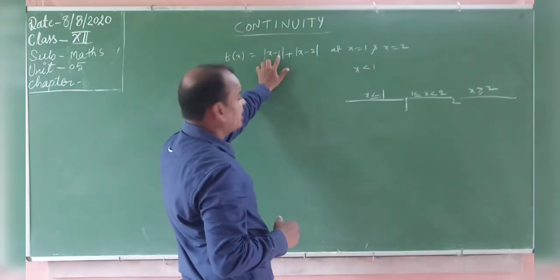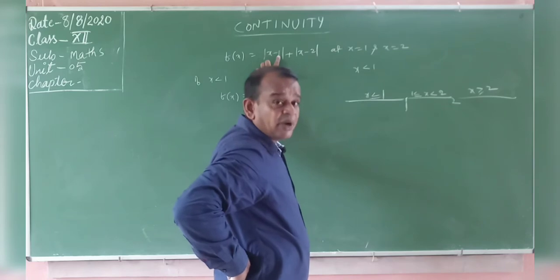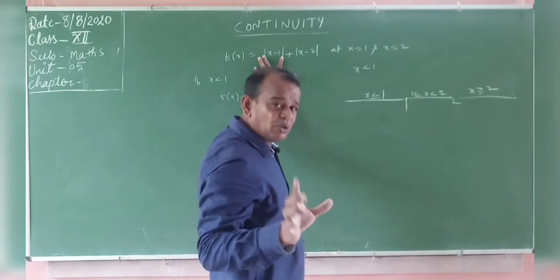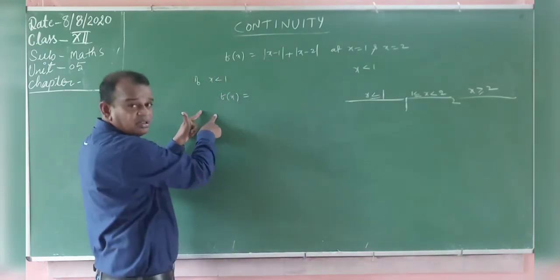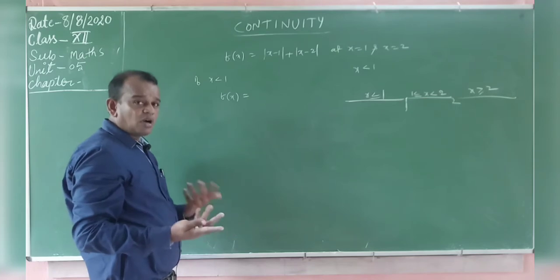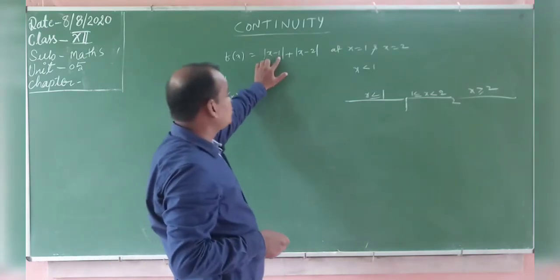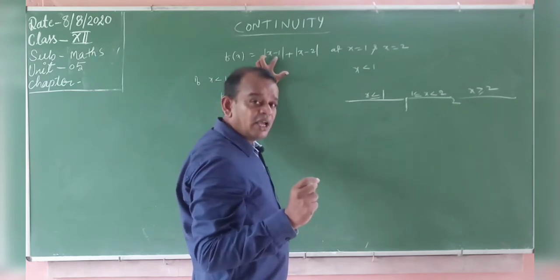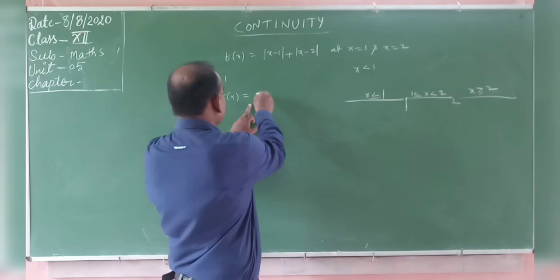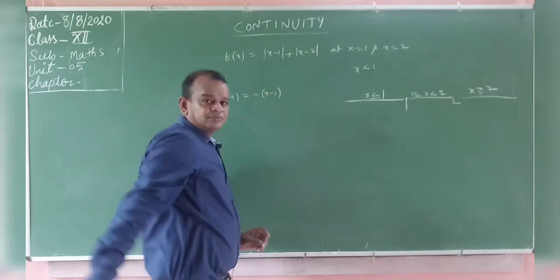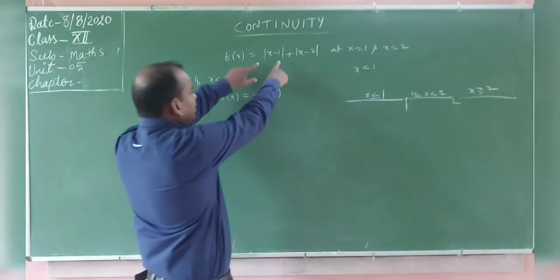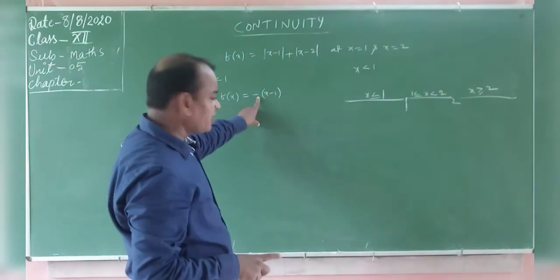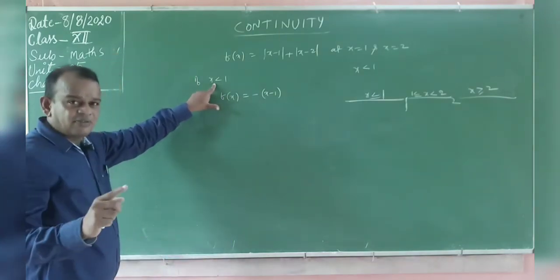x equal to 0, 0 minus 1, which means minus 1, negative or positive? You can leave the modulus. I am writing the values, the left side values. Take 0, 0 minus 1, just a concept. 0 minus 1 means that value is total minus, so minus of x minus 1. Whenever you remove the modulus, 100% you take either plus or minus. In this one, you will take the minus. Condition: x less than 1.